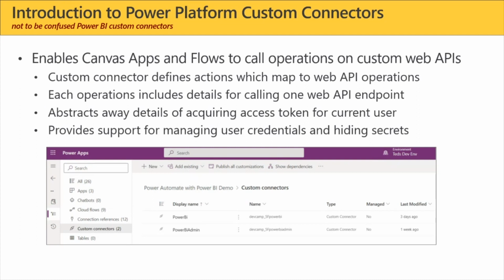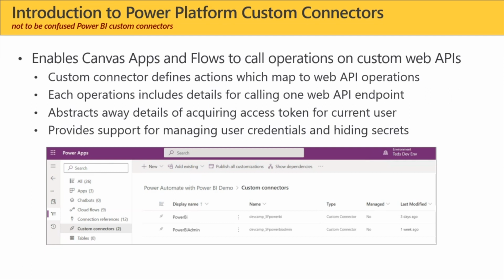Okay, sounds good. Now, the first section, we're going to drill into custom connectors. And the first thing to point out is that Power BI has something called custom connectors, which is completely different. The custom connectors that we create for Power BI contain M code, and they pull data back and use it to import data into data sets. What we're talking about here has nothing to do with this.